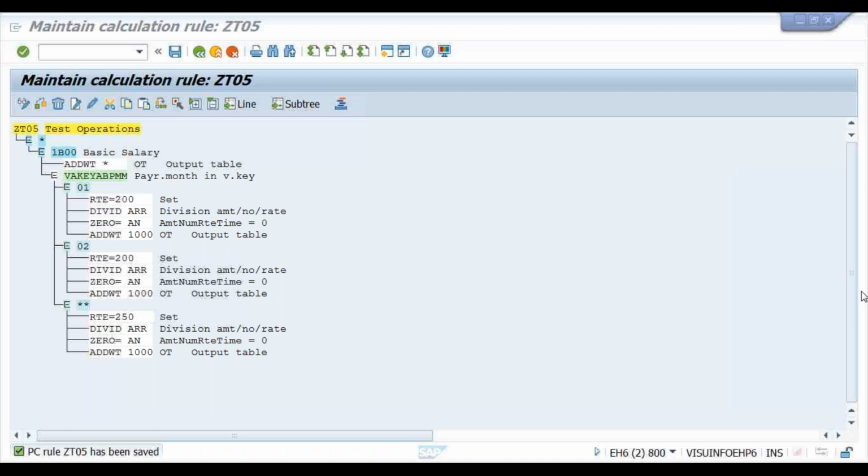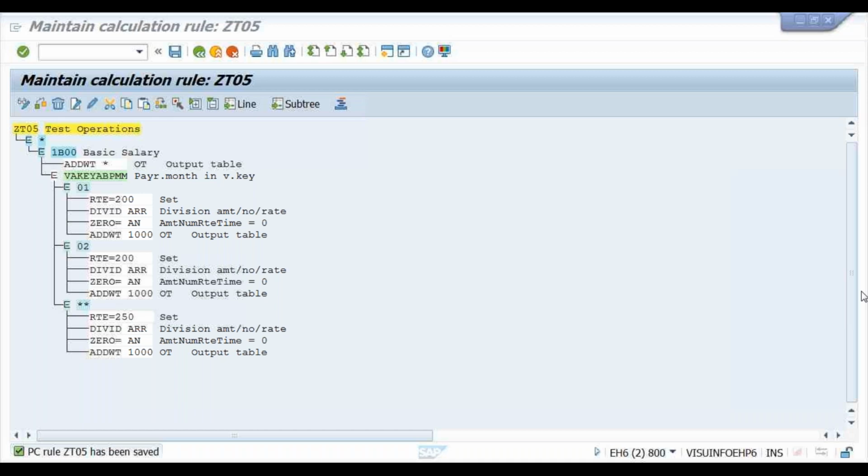Is this change correct? Anybody? Is this correct?